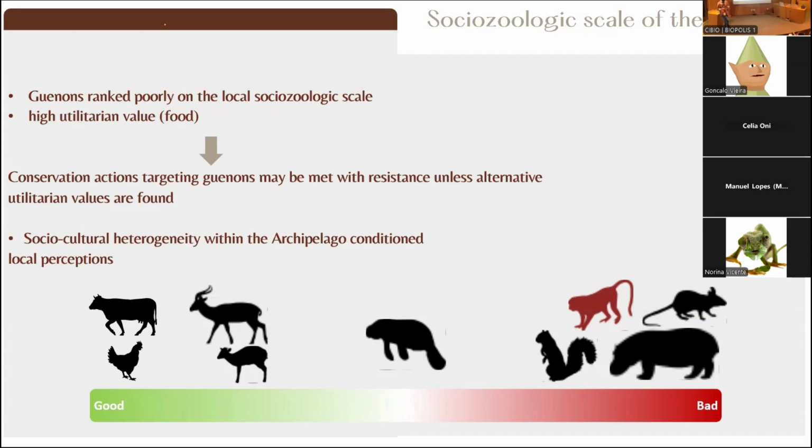But perhaps if we try and change this association, for example, to revenues coming in, as people associating revenues with wildlife, this could change. And they could still see the monkeys as positive in that regard. But perhaps focusing on other species that are not that damaging could passively help the guenons.